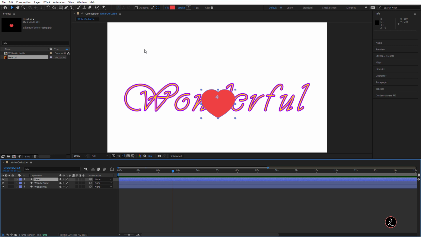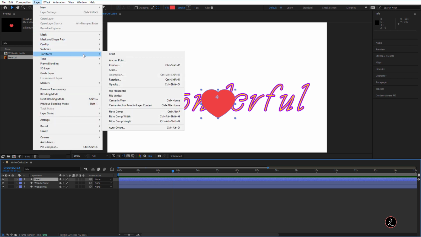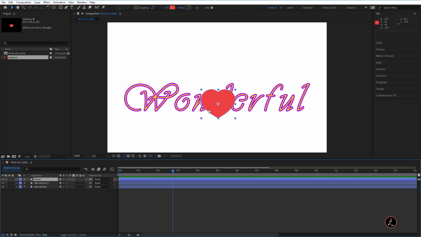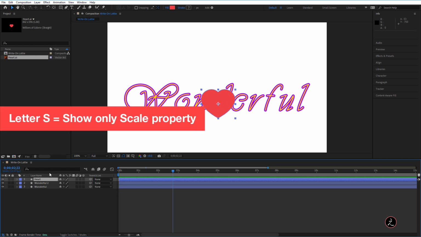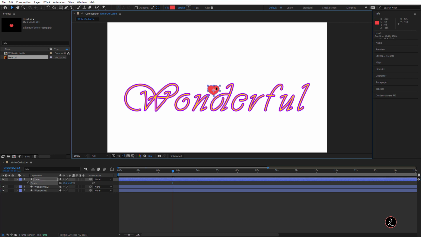So I always make this a habit, which means I will go up to the Layer menu, Transform, and I'm going to use Center Anchor Point in Layer Content, or you can use the keyboard shortcuts. Great. Now I need to scale this down a bit, which means I'm going to press the letter S on the keyboard for the scale property. I'm going to scale this down quite a bit to perhaps, let's see, 35%. There we go.